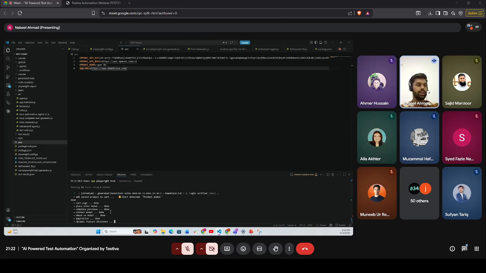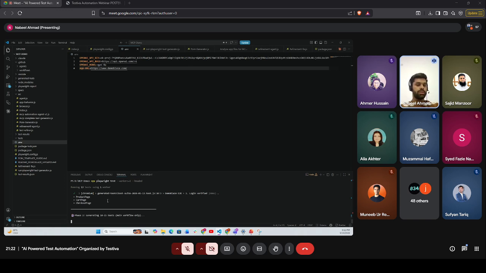So after adding a product or placing an order, if some pop-up appears or a dialog box opens, it will try to handle that dialog box, or it will try to capture the time that is consumed by the backend to process.